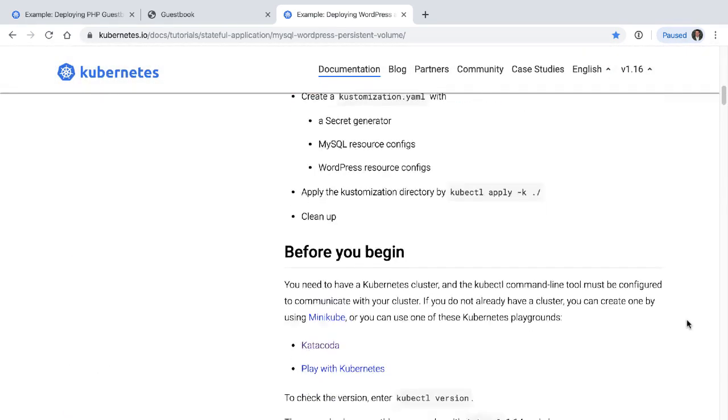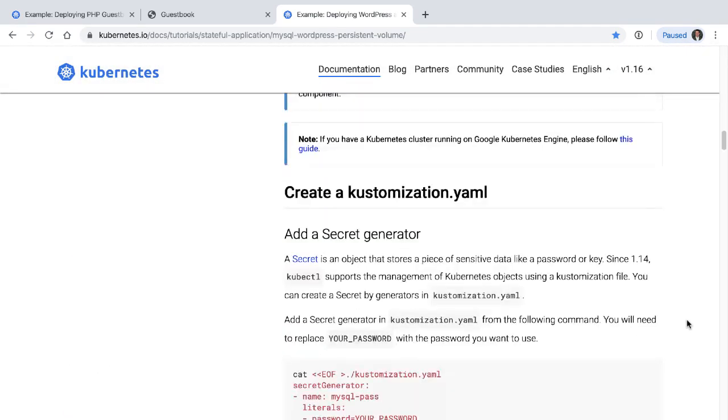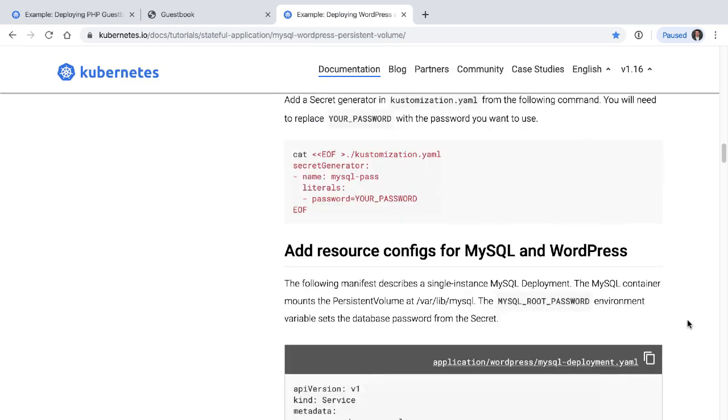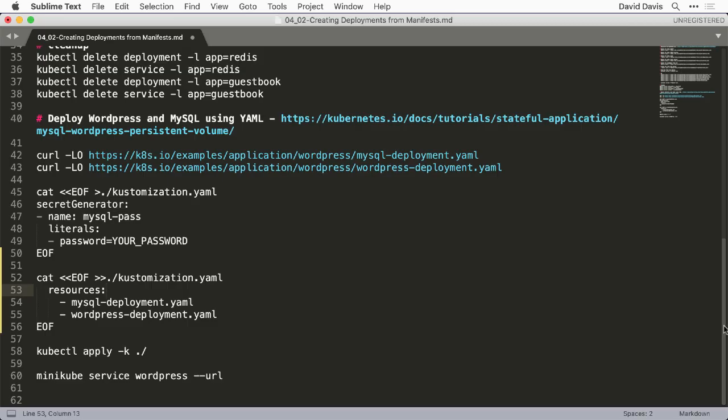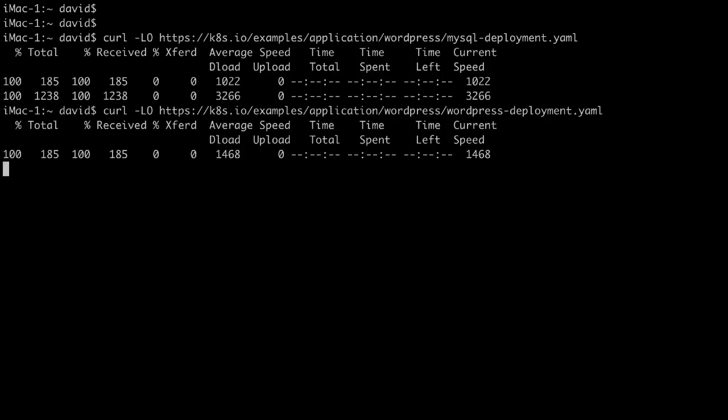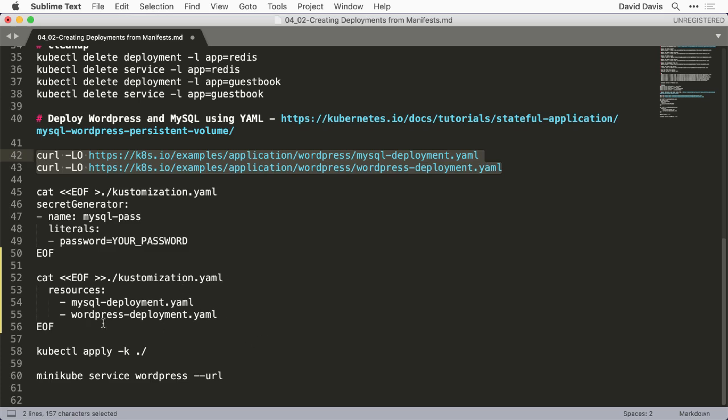Now, I'm not going to go through all of this, but the basic premise is that you download a couple of YAML files and then you use what they call a customization YAML file, which is essentially a single YAML file that points to other resources and might contain things like secrets or passwords. So what we've done here, and I'll share my notes with you, is to download the two YAML files using a curl command. And with those two YAML files downloaded, I've actually already created the customization YAML file with these commands, and then